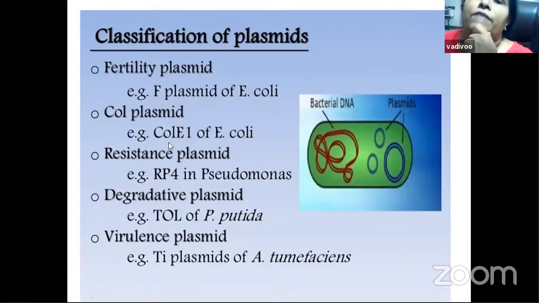And this is the functional classification. There is the fertility plasmid, which has the potential to produce F plasmids, and then col plasmids, which produce toxins called colicins, and resistance plasmids, which carry the genes for antibiotic resistance, then degradative plasmid, then virulence plasmid. Okay, so next is